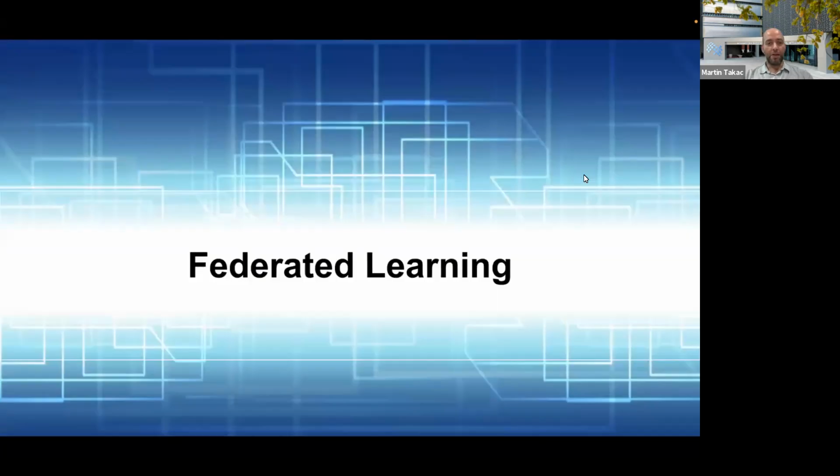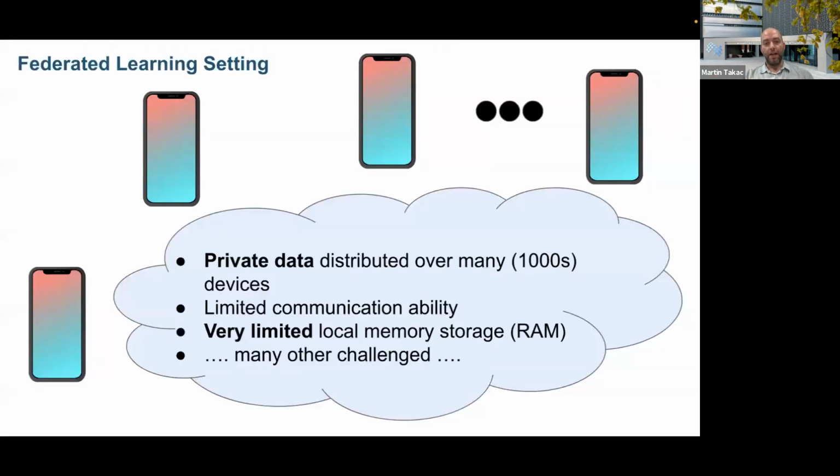I'm pretty sure everyone knows what federated learning is, so I can cover the first few slides quickly. In this setting, we assume we have multiple devices, and each device has some private data, which we don't really want to share. Also, communication between the devices can be quite limited. Therefore, we want to communicate as little as possible, because when you communicate, someone can discover something about your private data. Communication can also be expensive because you need to send data over the network or over your phone.